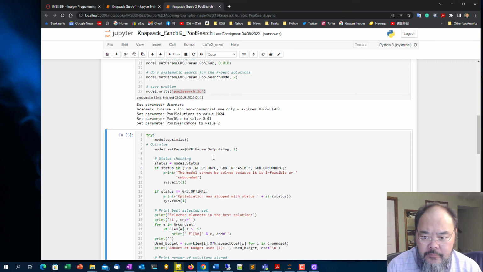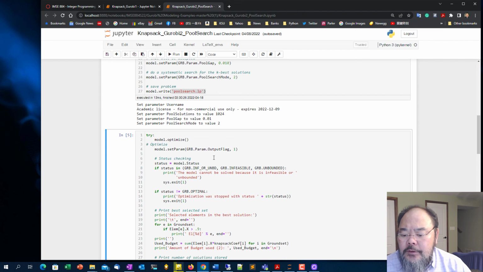However, other types of binary problems like facility location, set covering, and traveling salesman problems might all have so-called alternative optimal solutions, because the data actually given may be very close and not drastically different. Then you end up with a whole bunch of alternative optimal solutions. How can you use this technique called SolutionPool, built into Gurobi, to figure out the alternative optimal solutions? This is one of the tutorials given on the Gurobi website as a demo,